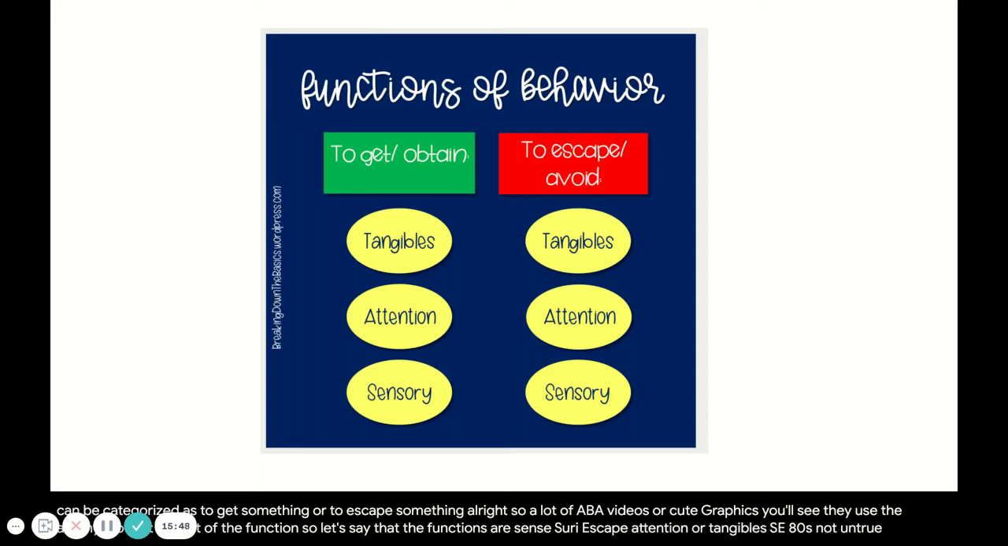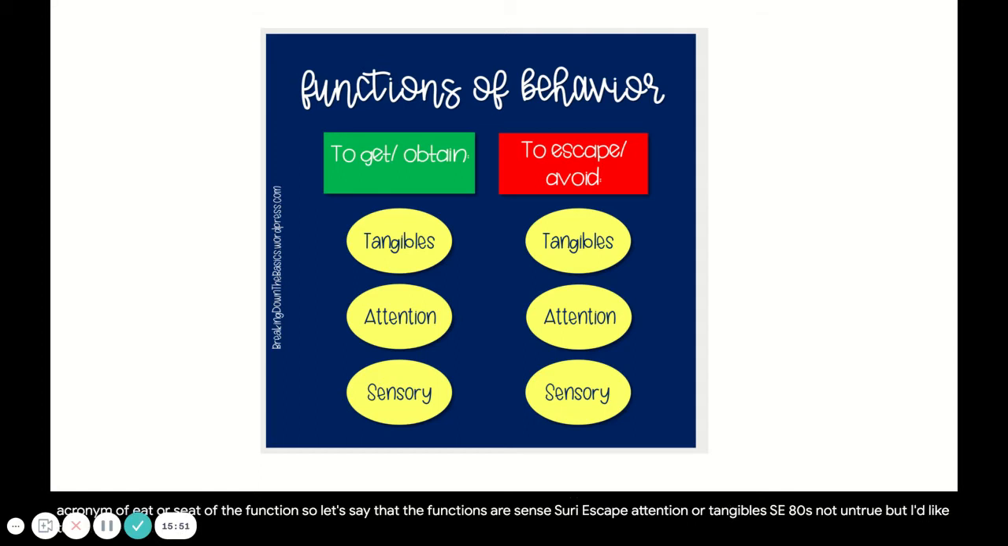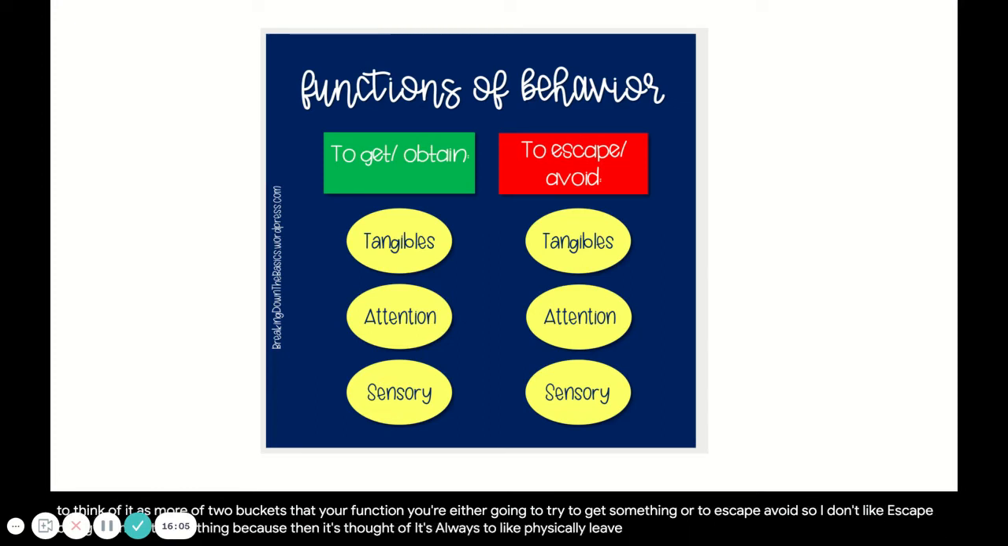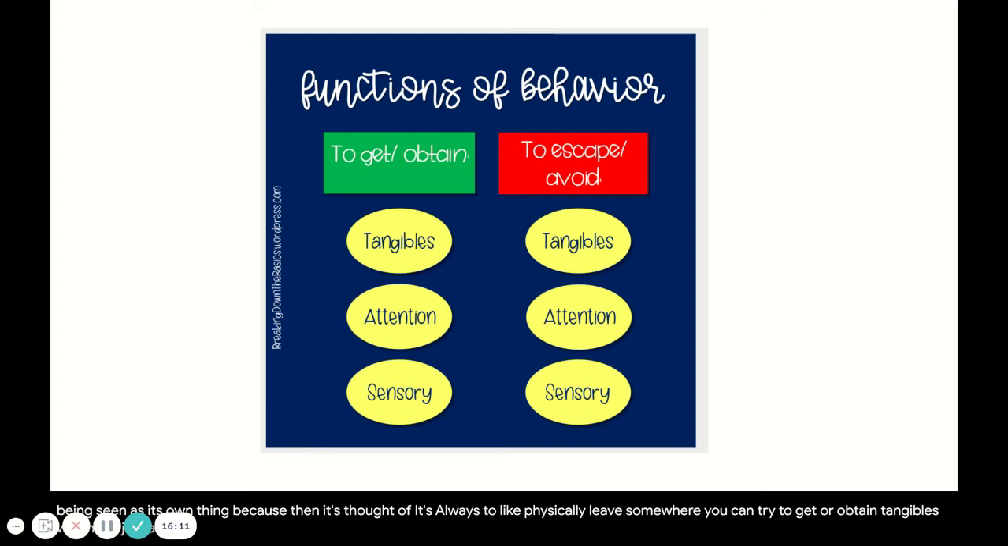That's not untrue, but I like to think of it as more of two buckets: your function is either going to be to try to get something, or to escape or avoid. So I don't like escape being seen as its own thing, because then it's thought of as always physically leaving somewhere. You can try to get or obtain tangibles, which are just anything: material, item, object, activity, leisure activity,